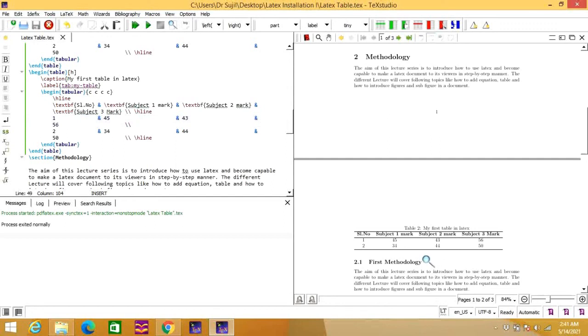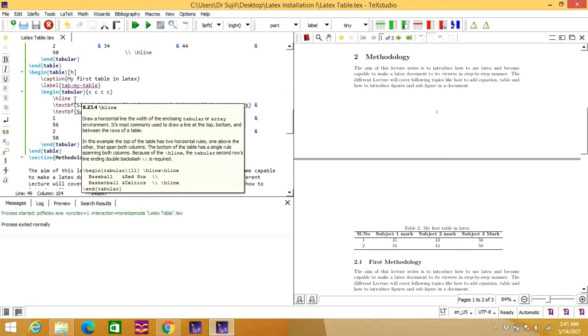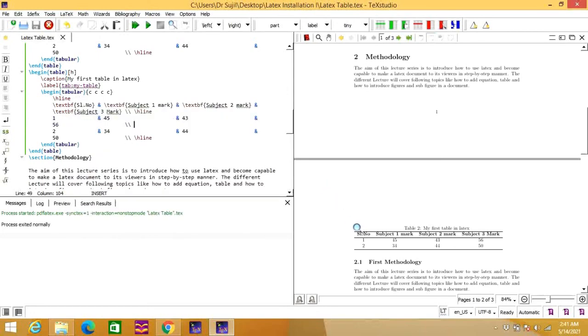In some IEEE papers, you can see that the top border consists of 2 lines. So let's see how to bring these 2 lines in this table. If I want to add one more line on top of this table, what I need to do is, here you can see just before this serial number, there is an H line.